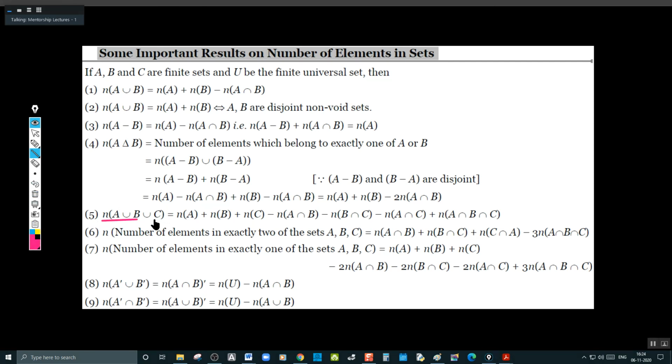Now the number of elements in exactly 2 of the sets A, B, C is nothing but n(A intersection B) plus n(B intersection C) plus n(C intersection A) minus 3 n(A intersection B intersection C). Understanding this is also very important. Exactly 2 of the sets means you need only the elements that are present in both A and B, or